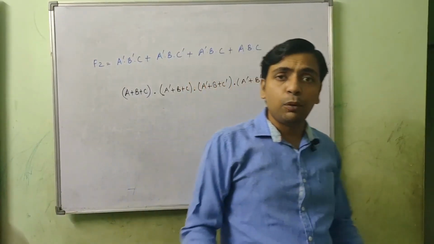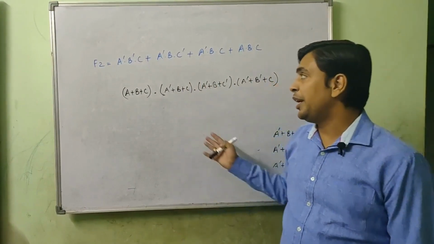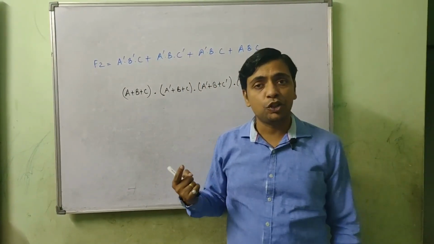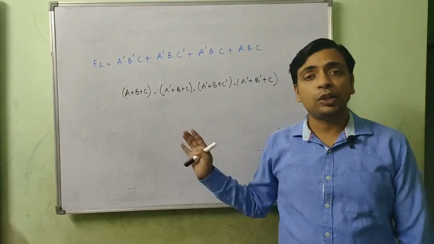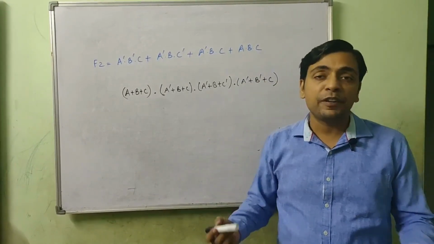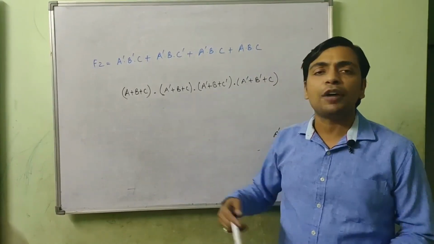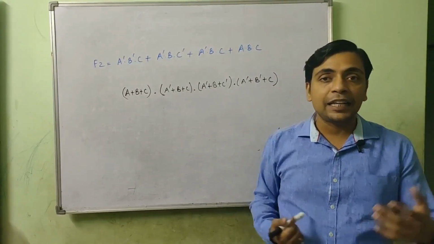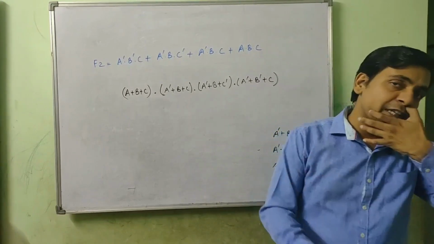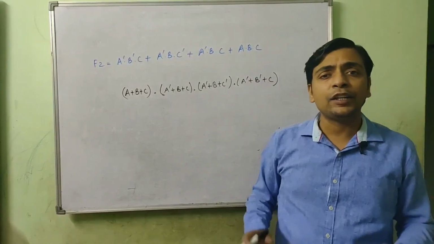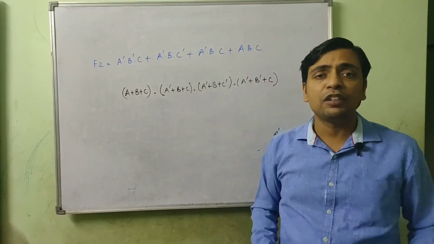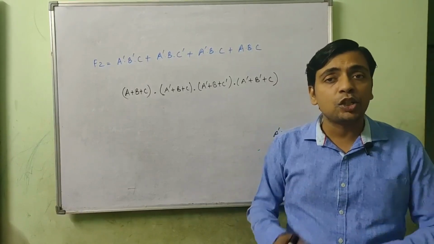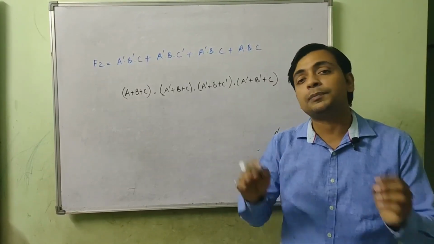So we have seen both the ways. There were 2 ways to do it. First was the involution law, second was by truth table, and I prefer the truth table one because it saves a lot of time and effort. But it's up to you. If you like the involution law one, you can do that also. Both are correct and you will get full marks with either way, because in examination no one will bind you to use a specific way.